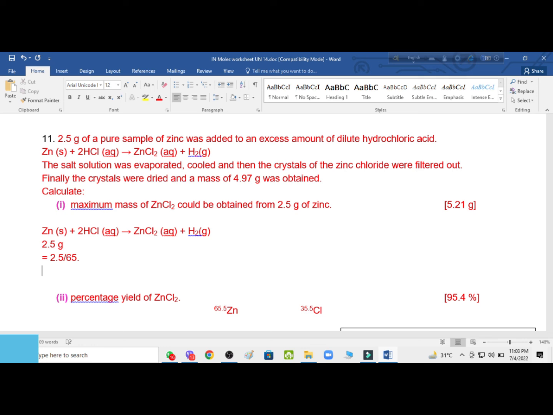0.0382. So this will be the mole of zinc chloride for the equation, the same ratio. And this is zinc chloride multiplied with the molar mass of zinc chloride. This is 65.5 plus chlorine is 35.5 into 2. So what do you get there? The mass. 35.5 into 2, you get 71 plus 65.5, 136.5 is to be multiplied with the mole